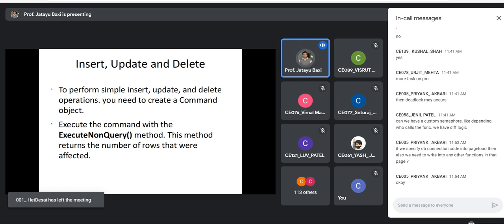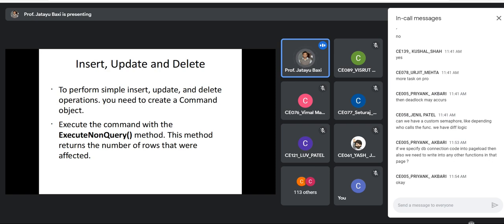This method will return the number of rows that have been affected. Suppose you have written 500 insert statements, it will give you 500. Or suppose you perform an update, that update semester equal to 5 where student name is this, then it will tell you how many records are actually changed.